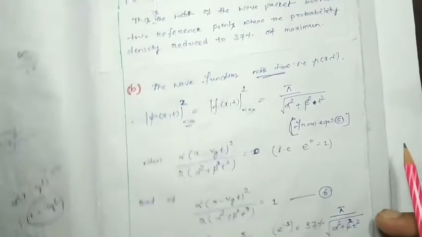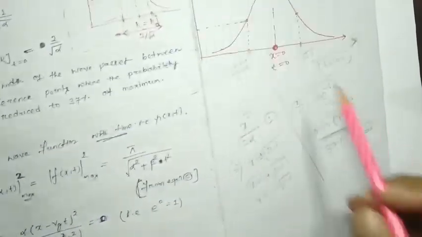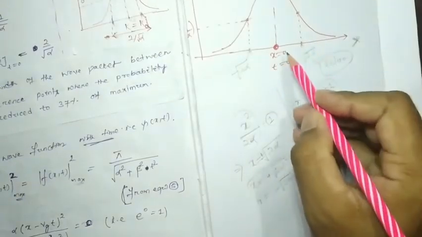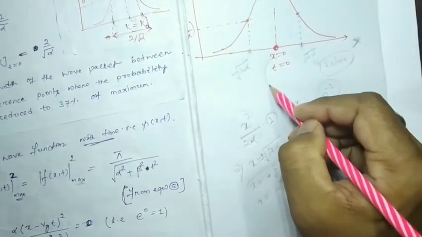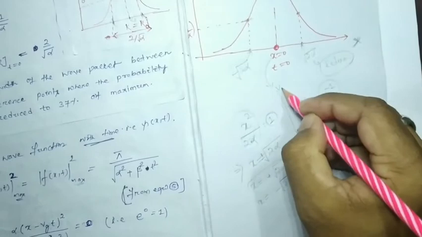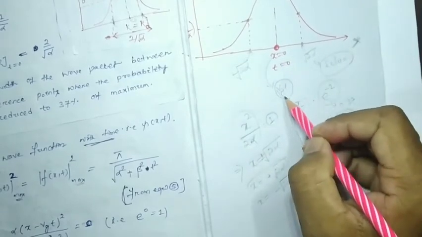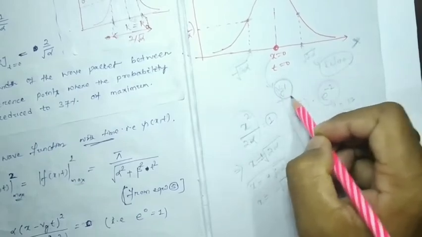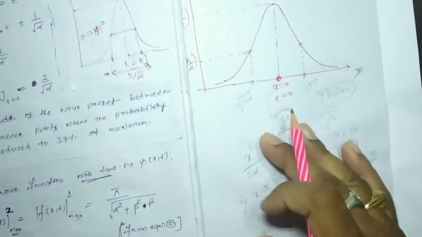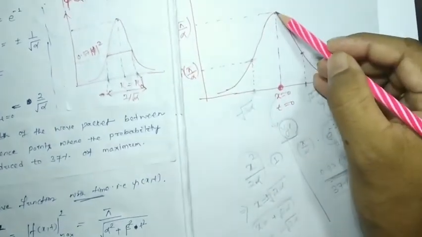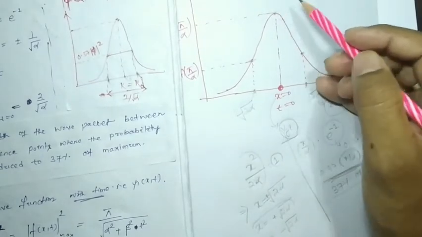Now suppose we are going to consider the peak. What I consider the peak here? x will be equal to how much? Will be equal to vg into t. Vg t means it will be considered as one type of origin, where we are going to get the maximum probability density.